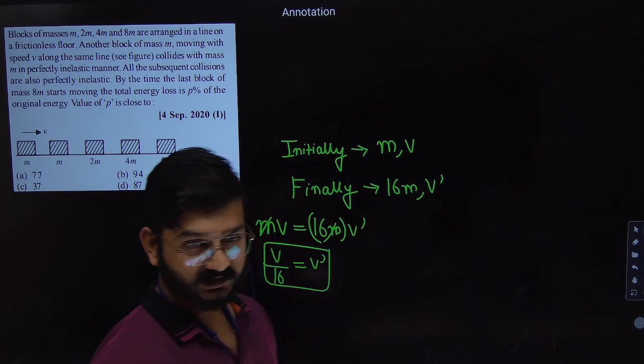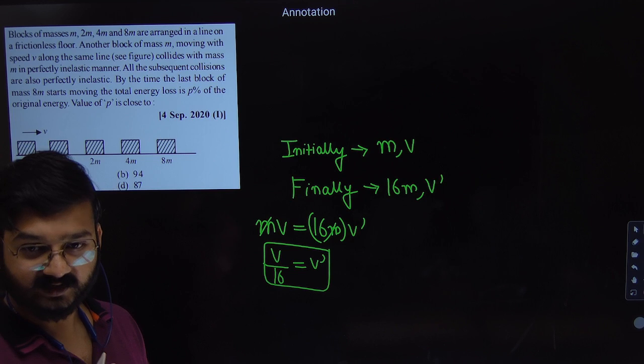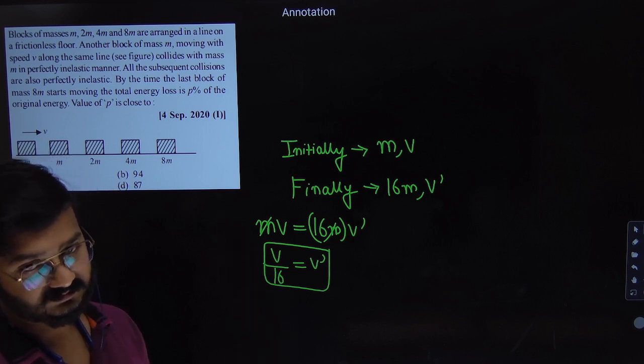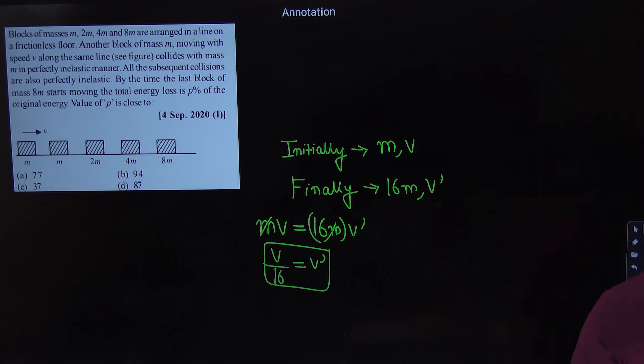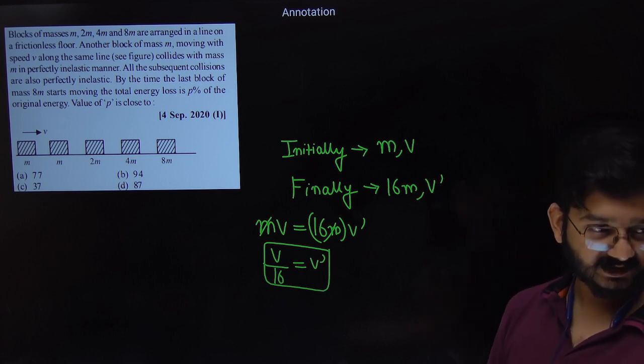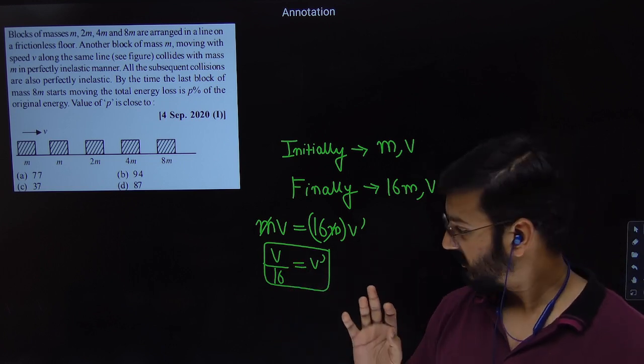Now can you guys solve this question? You have initial velocity, means you have initial kinetic energy. You have final velocity, means you have final kinetic energy. If you use your common sense after this, you don't have to write anything. I will tell you why. Listen to me. All of you just give me 15 seconds to explain. If you're thinking after this you have to solve, there's nothing to solve.